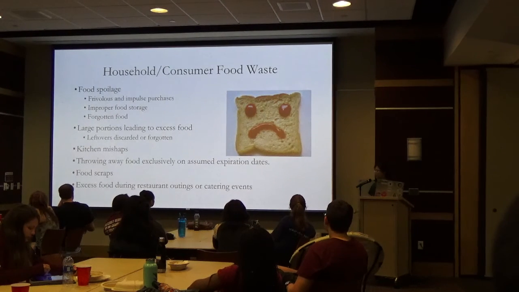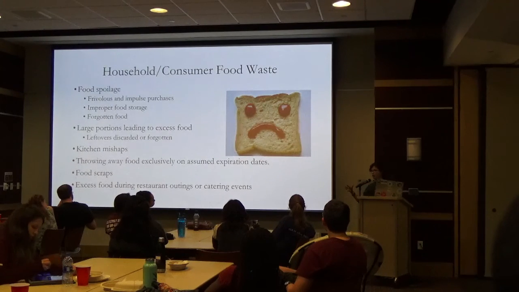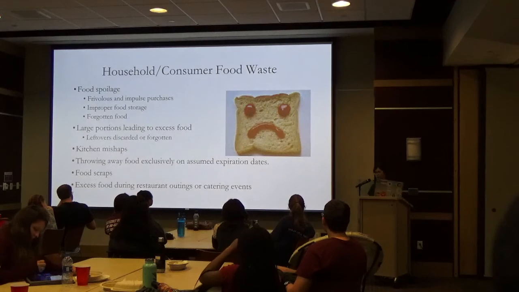Another way that food spoils is just not storing it properly, like leaving spinach in the container. It's going to spoil a whole lot faster if you put it in a bigger container, because the water that accumulates at the top increases the chance of it just going bad. It took me a while to figure that one out, so that's why I shared it. And then there's also just forgetting that food exists in your fridge, like if you have a big fridge. I know that's hard to do in a dorm. There's not very much space in there to begin with.